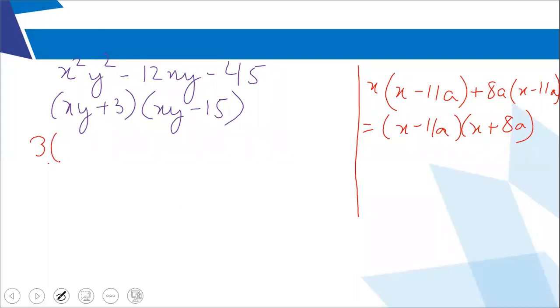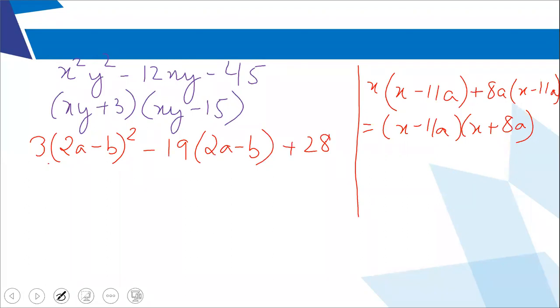Now let's see who can start this question and tell me how to go about it. This is slightly different, but we have done this kind also. Let me see who remembers. Ma'am, can I tell? I know this one. No, no, no. You do it in the notebook. Do it in the notebook.